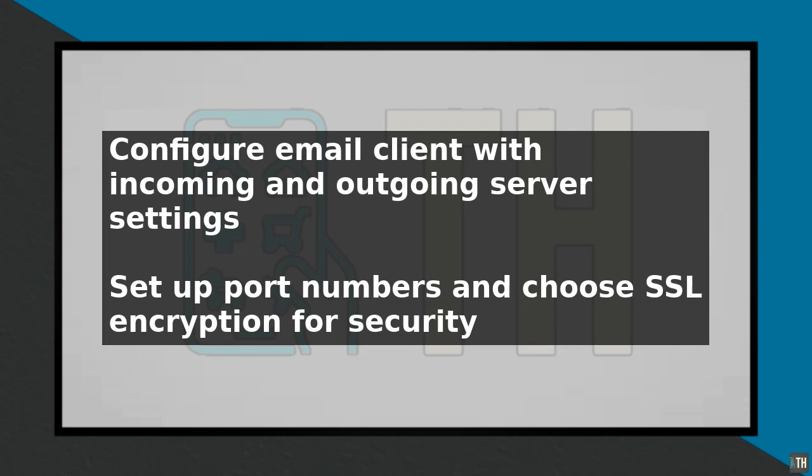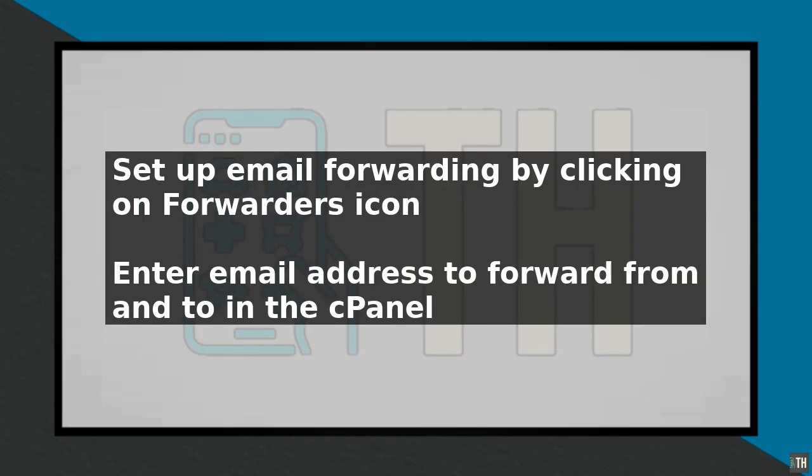smtp.namecheap.com. You will also need to set up the port numbers, which are typically 110 for the incoming server and 587 for the outgoing server. You will also need to choose whether to use SSL encryption, which is recommended to keep your emails secure. Once you have configured your email client, you should be able to send and receive emails using your new Namecheap